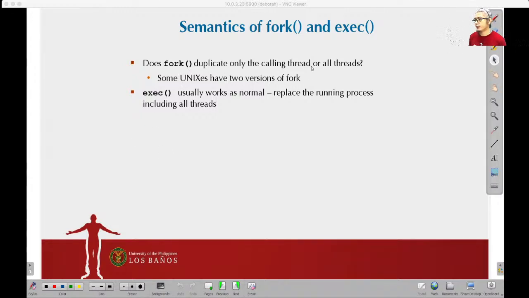only the calling thread or all the threads? So remember, you have a program which uses threads, and in your main program, after you created threads, you call the fork system call to create a new process. Now, when you create the new process, will the new process contain or duplicate all the threads from the parent